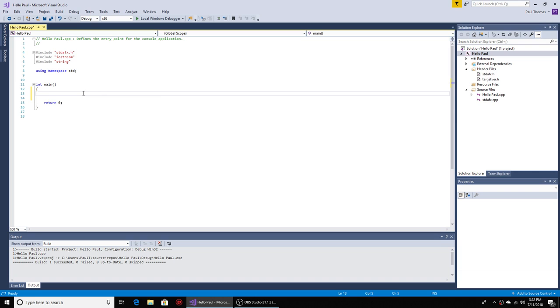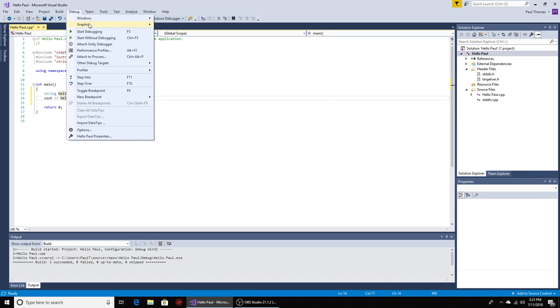We have to initialize it, so we'll say string, and then we're going to call it hello. Now we need to give this variable a value. The value will be hello there. Now if we cout hello, I'm sorry, you don't need to endl that. If we cout hello, it basically will give us that variable right there. So we'll go ahead and start with debugging,